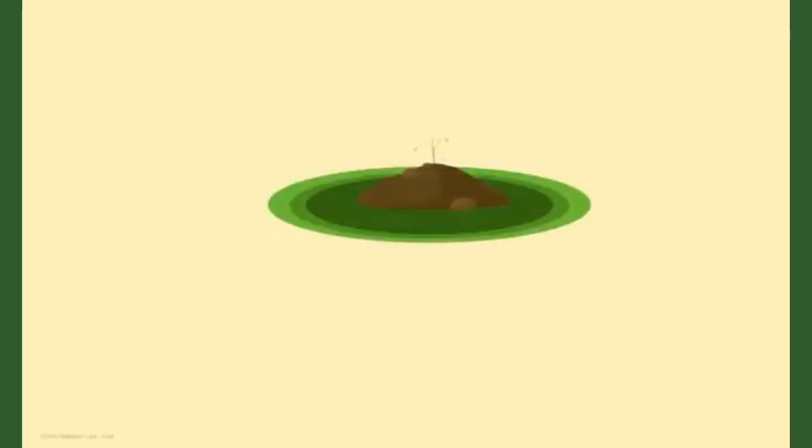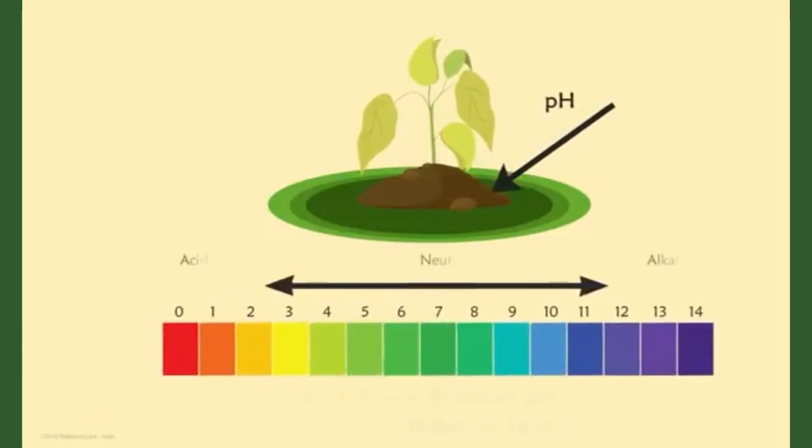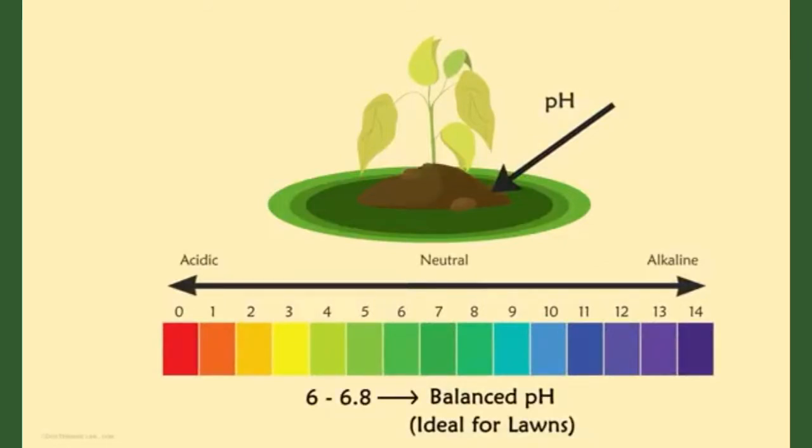What's the most important factor for the healthy growth of a plant? Yes, it's the soil. Plants require a specific pH of the soil for healthy growth. Plants cannot grow if the soil is too alkaline or too acidic. So if the soil is too acidic, its pH can be raised by adding lime, which neutralizes the excess acid